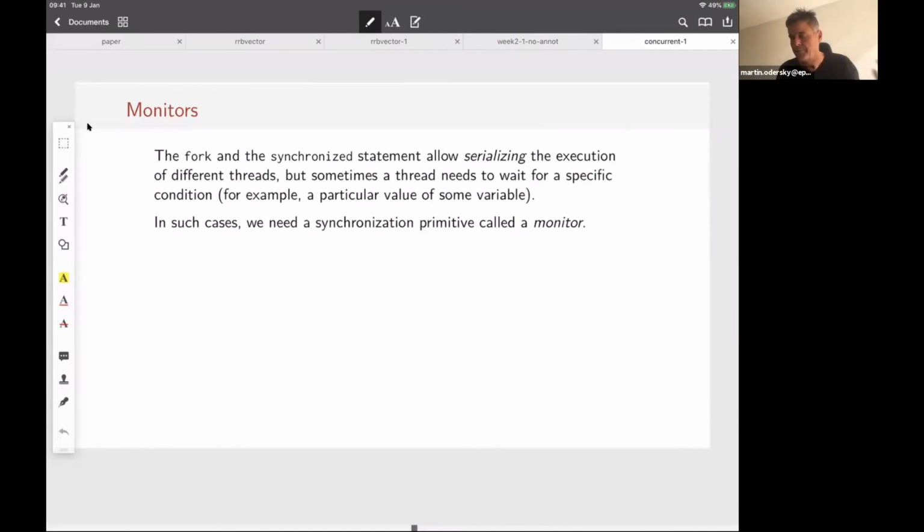And the mechanisms will also be part of monitors. Because it turns out that beyond just doing synchronized, monitors also offer specific operations for waiting for specific conditions, for instance, a particular value of some variables. So these also form parts of monitors.